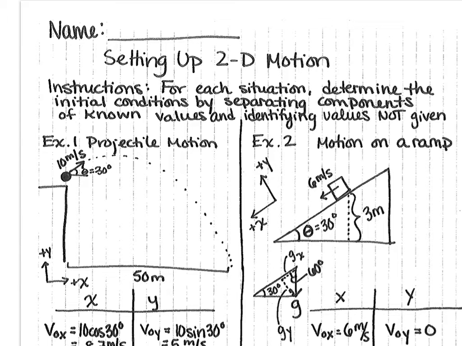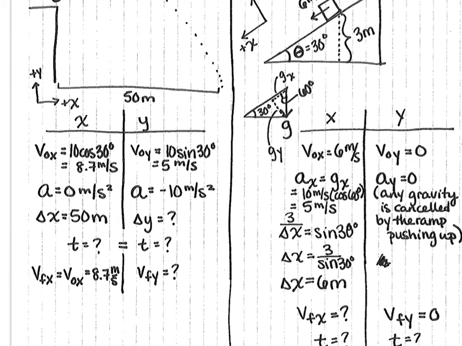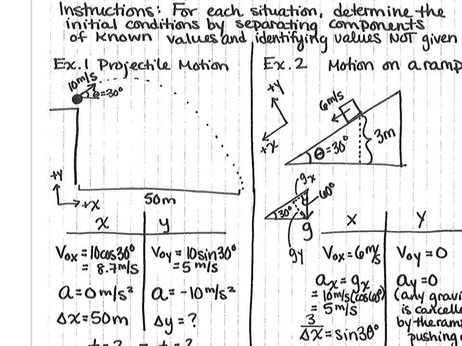The first thing that you will be learning how to do and practicing today is setting up the knowns and unknowns for a projectile motion or two-dimensional motion problem. It's the same as the way we set up knowns and unknowns for one-dimensional motion problems, except we separate our components so we have information in the x direction and in the y direction. For example, for this projectile,